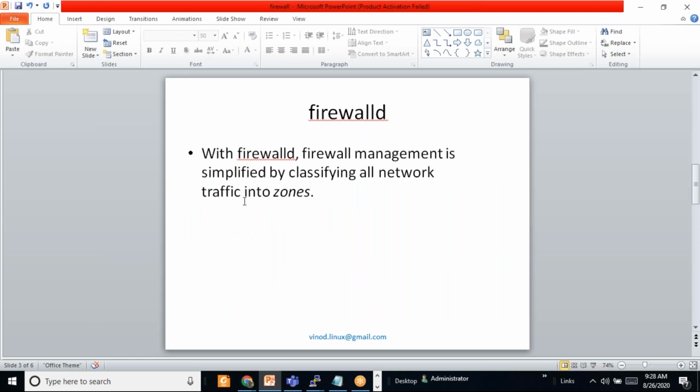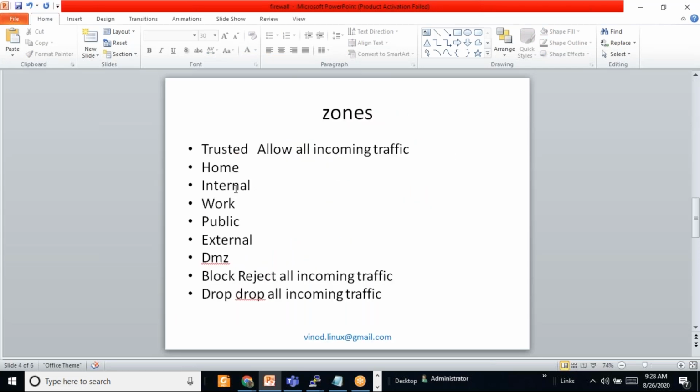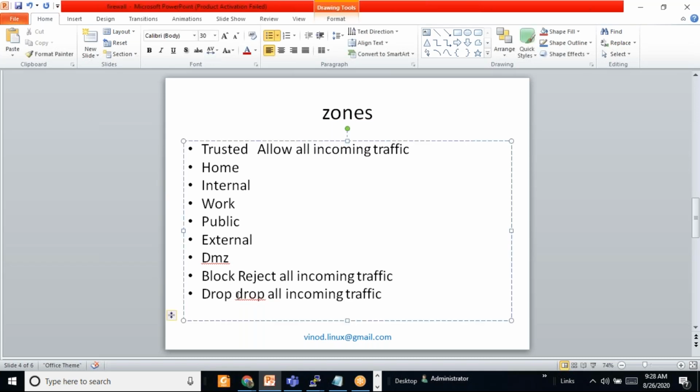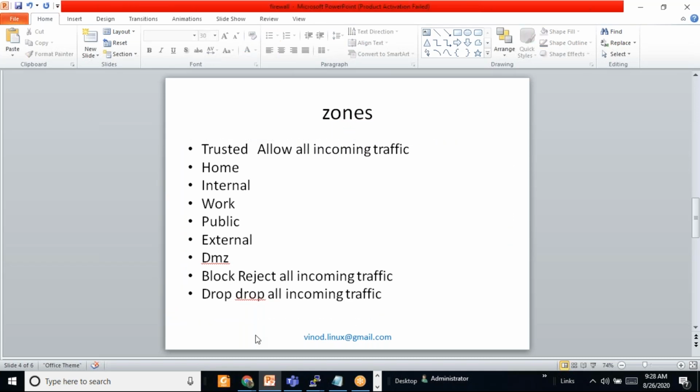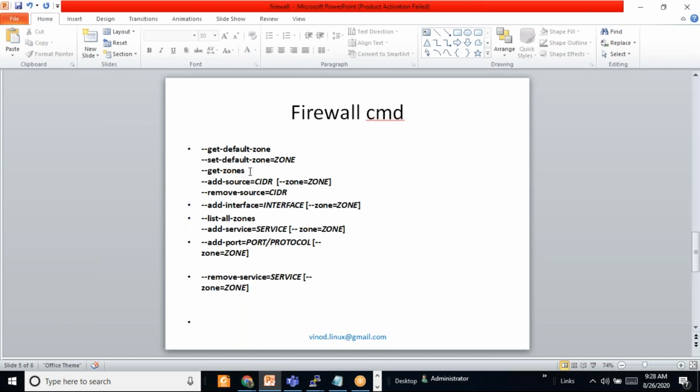So this many zones are there: home, internal, work, public, external, DMZ. Trusted zone means allow all incoming traffic. Block means it will reject all incoming traffic. Drop means it will drop all incoming traffic. And there are so many commands, like get default zone; we can set the default zone.